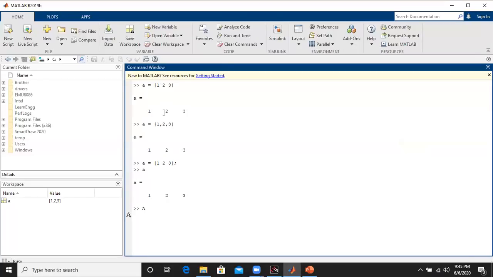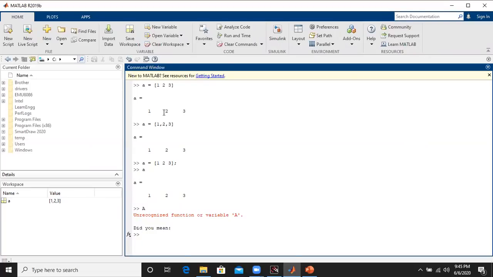When we press capital A, we get an error: unrecognized function or variable A. From this we can conclude that MATLAB is a case sensitive programming language. So we have to use the letters exactly as previously used, without changing small letters to capital letters or capital letters to small letters.